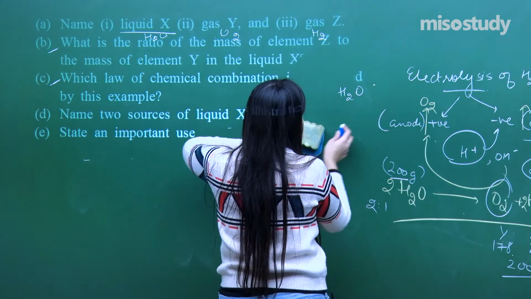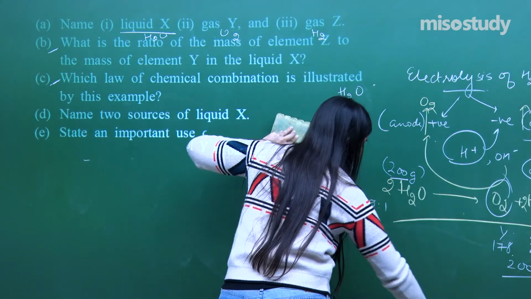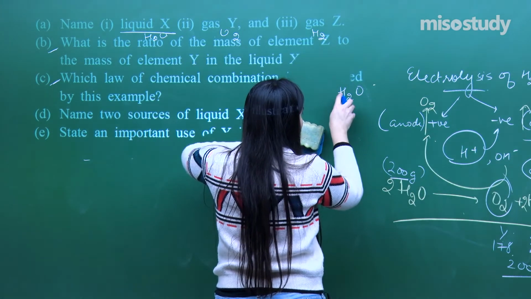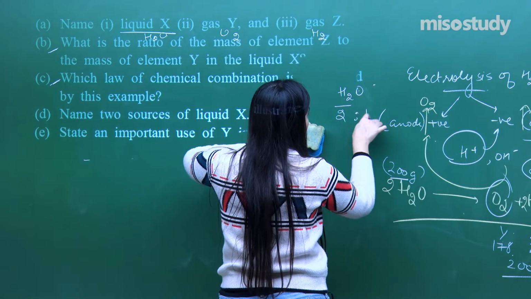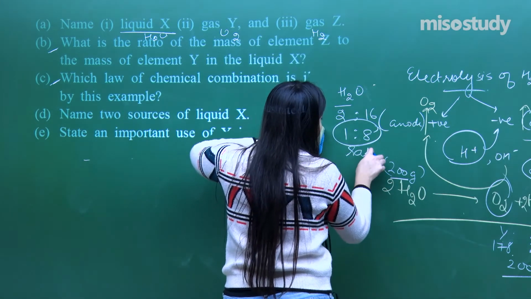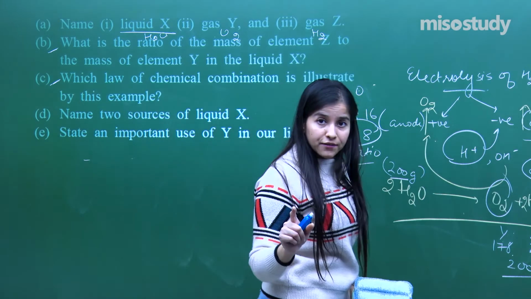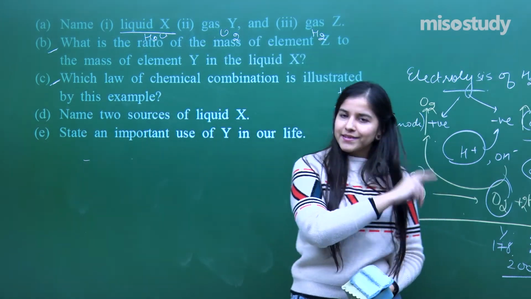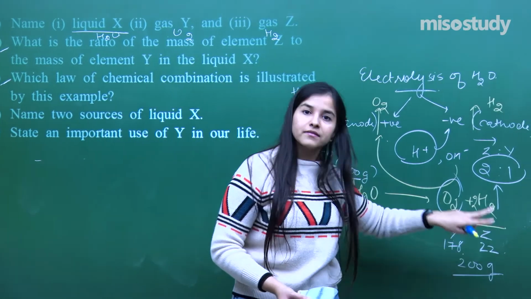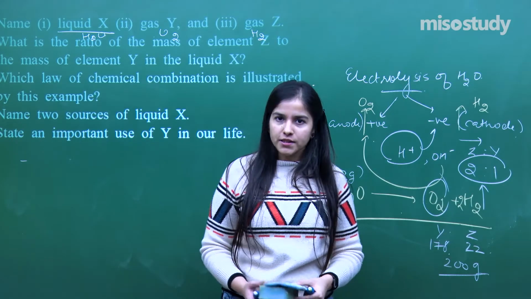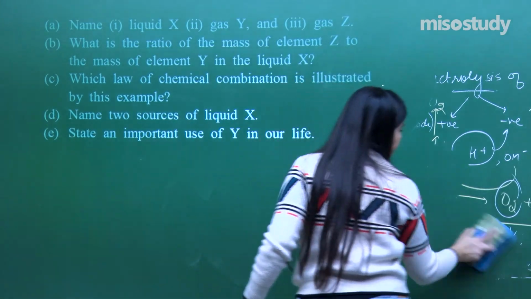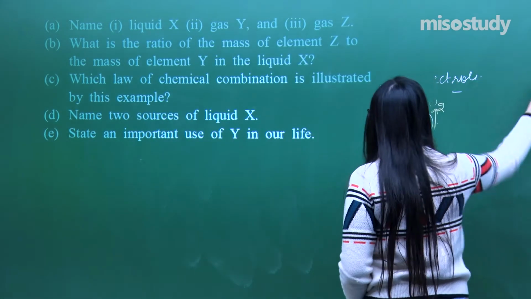See here. So, that is not going to be 1 is to 2. 2 will be the total mass for the hydrogen and for oxygen it's 16. So 1 is to 8 is the ratio basically, if they talk about the mass. If they talk about the number of elements, then it's going to be 2 is to 1. If they talk about the stoichiometry which is obtained, then it's also going to be 2 is to 1. Got it? Pretty good question. You had to be very careful here.